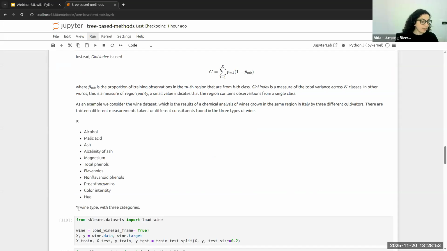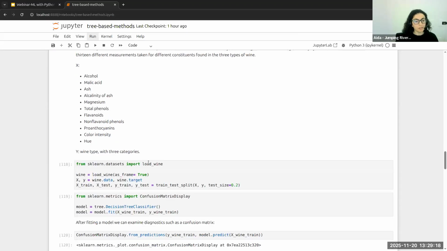And then the y variable shows us these 3 different types of wine, like the 3 different cultivators within the same region where the grape has grown. The idea is that we want to check which of these variables has got a major effect on the wine type, which has got 3 classes, basically.